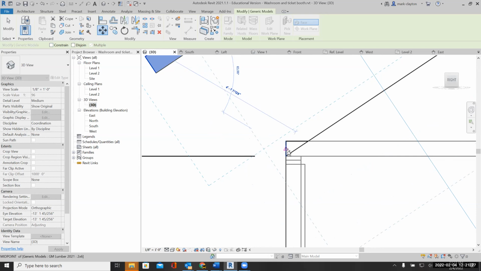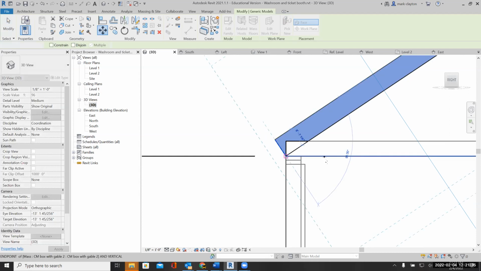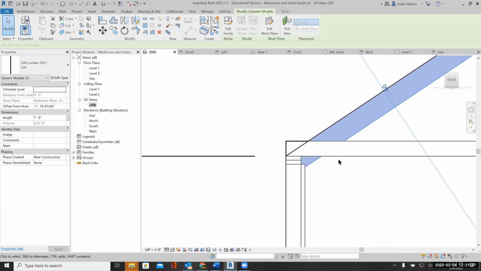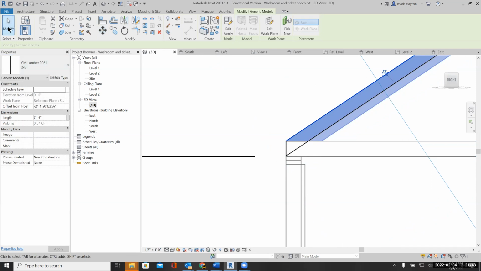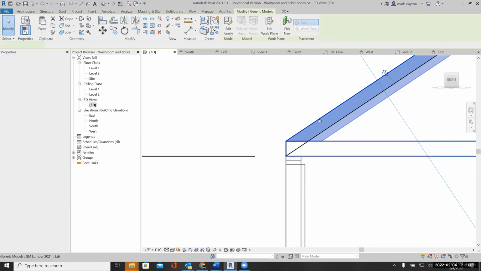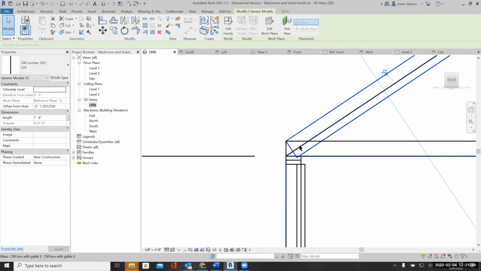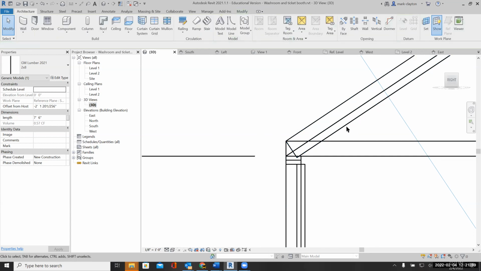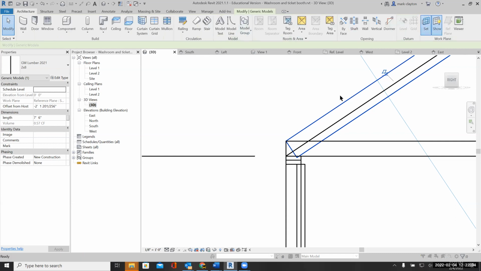I don't want to constrain it to this location. It's not quite right. From this corner to this location. And that's not really right either. How about this corner to this location? And I'm going to click this, and let's go back to wireframe so I can see it better. And I need to set my view